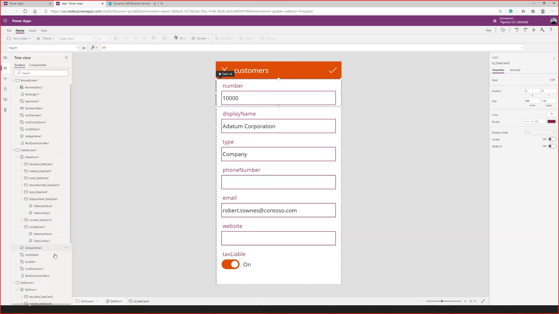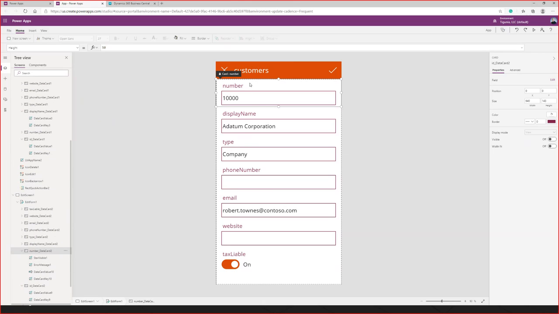And then we come down here and like the number, what we see here under advanced is where we know where it's pulling the data from. Okay, notice it locks everything by default. So if I want to change anything, I just unlock it. Okay, the data field's number.